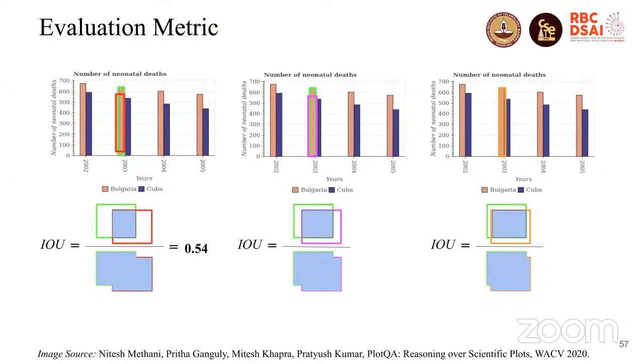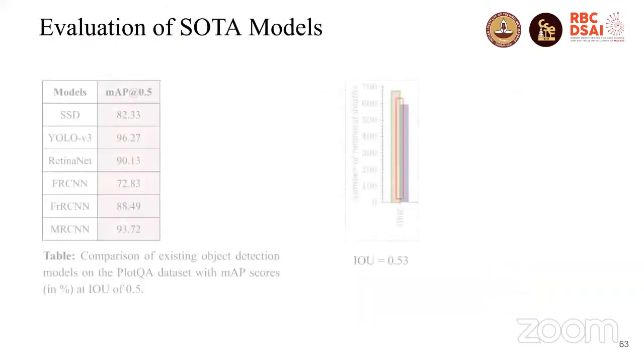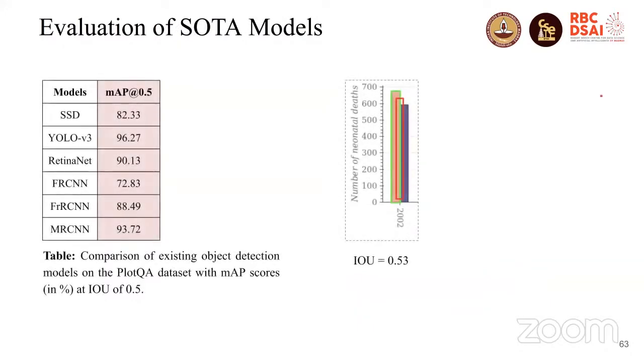And this kind of tough evaluation is actually needed for scientific plots because you need very accurate localization of the visual elements in scientific plots. Okay, so let's start with the evaluation. So when we evaluated these models at a mAP of 0.5, which is a very relaxed evaluation criteria, similar to